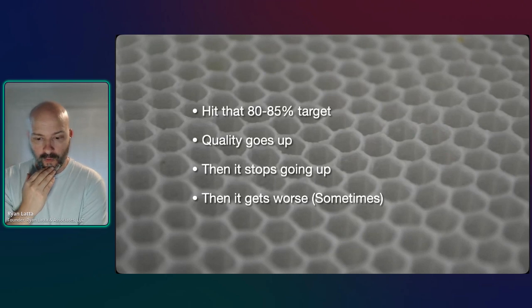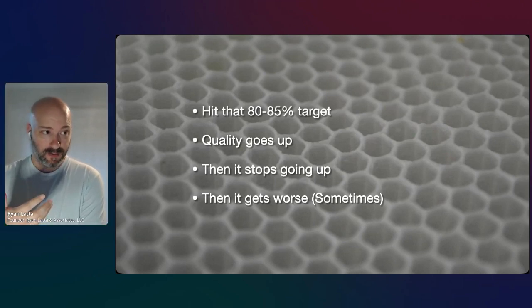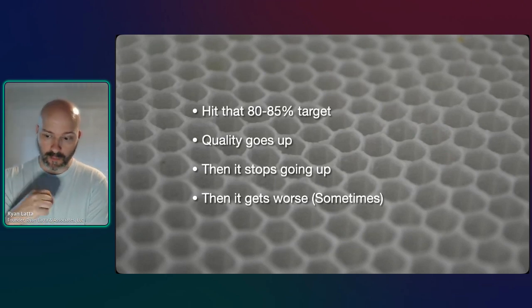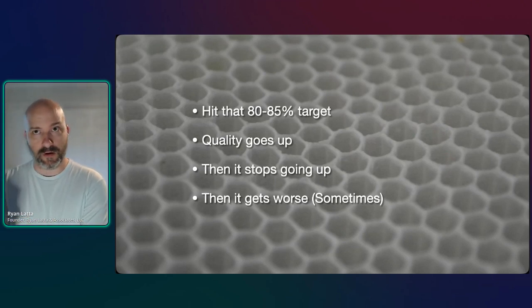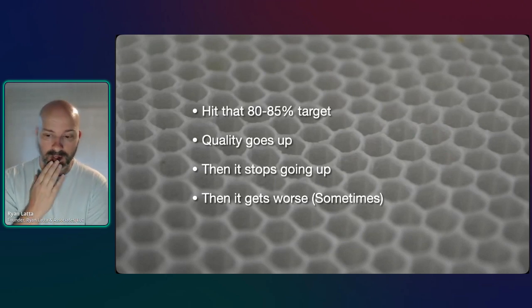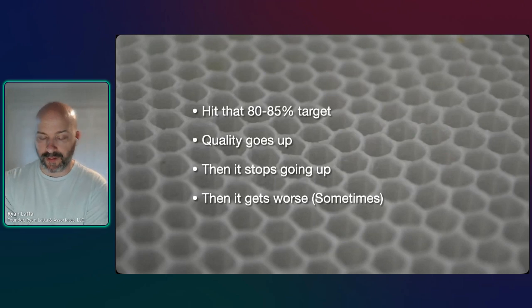What's frustrating about this for a lot of people is code coverage is meant to be one of these very well-known things to help improve quality, but it sometimes doesn't work out that way. Sometimes it does. And we'll talk about one of the major reasons why it doesn't work and what teams who use it successfully actually do. But code coverage is one of these that can straight up lie to leaders and teams, telling them that they're doing better than they are, while things actually are getting worse behind the scenes.